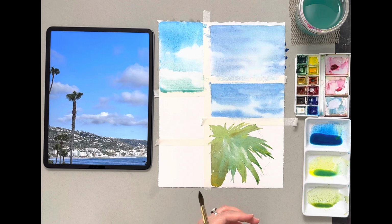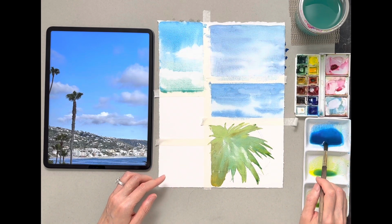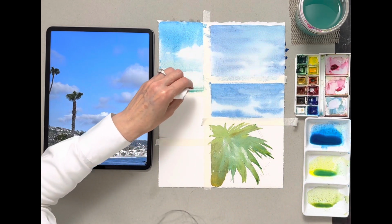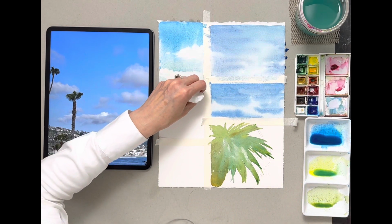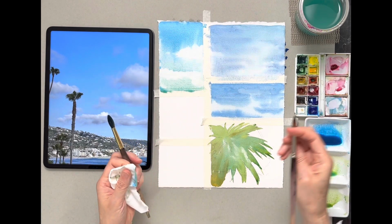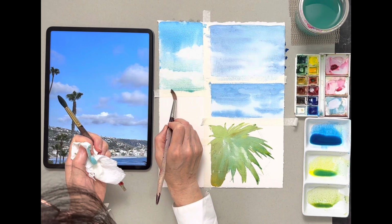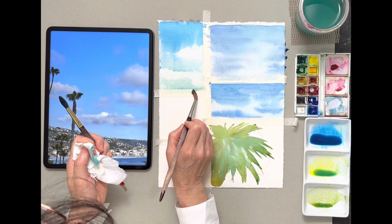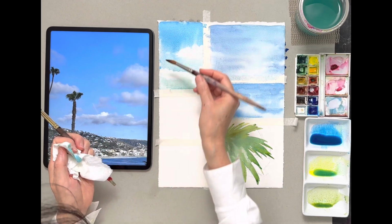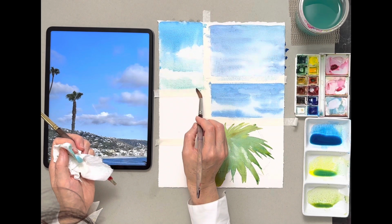Okay. Now I'm going to work on this part here. This is going to be a dry one. See how this extra water here? You also need to dry it out. It's better if you use the brush to dry it, like this. If you don't do that, what happens is once the paper dries, this extra water on the tape